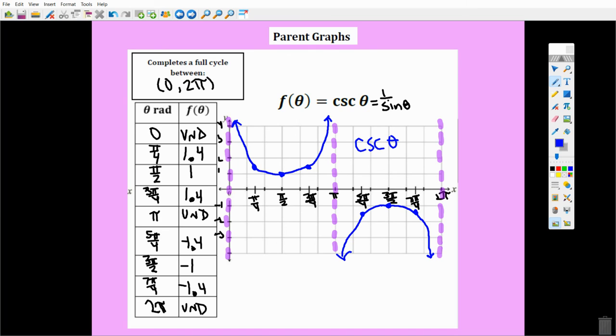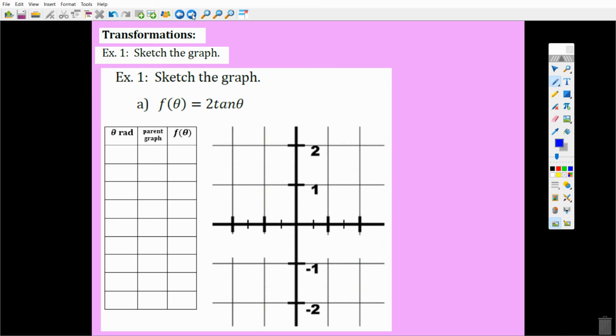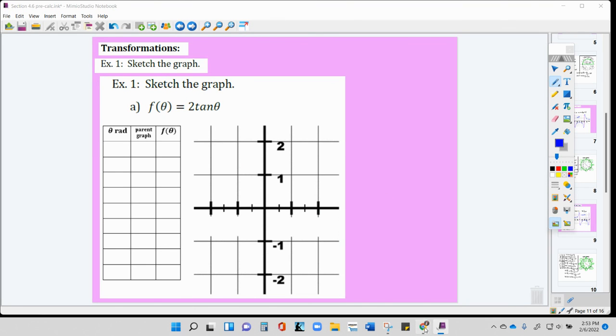And so there are the graphs for our parent graphs: tangent, cotangent, cosecant, and secant. So like I said, I'm going to stop the video here, pretty long video, to graph all of these with detail. In part 2, we will see a little bit of amplitude and period and some transformations, etc. That's going to be in part 2. So I'm going to go ahead and stop the video, and you'll see part 2 up there also. I'll see you in the